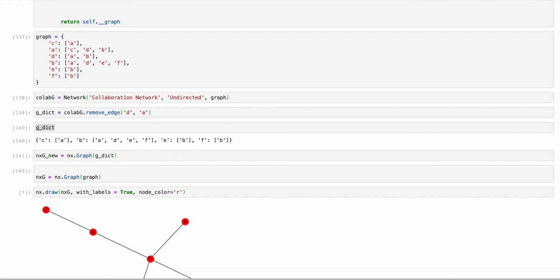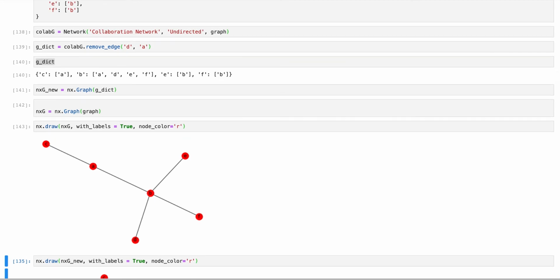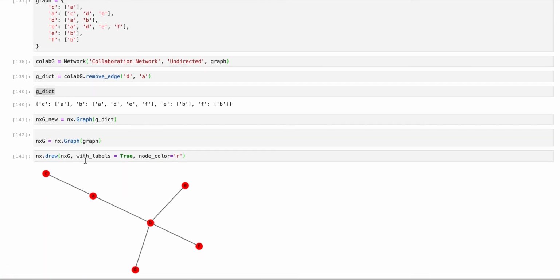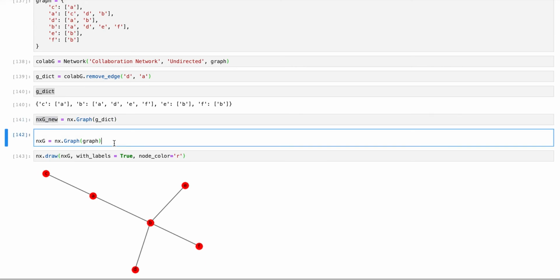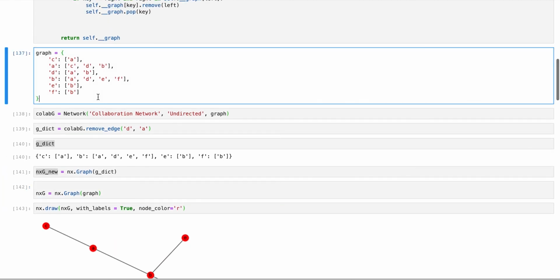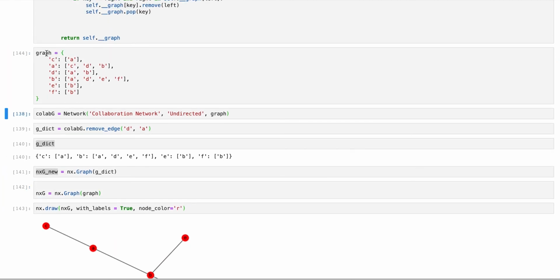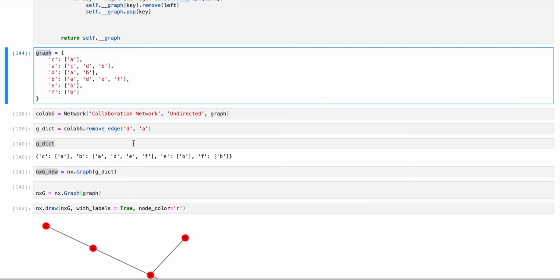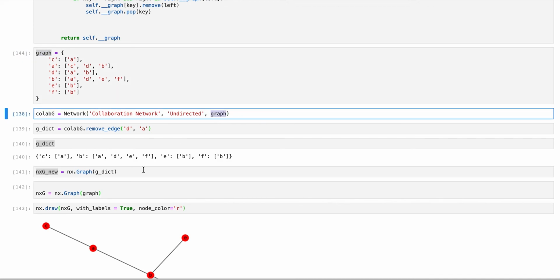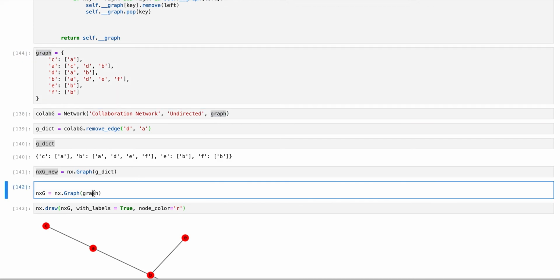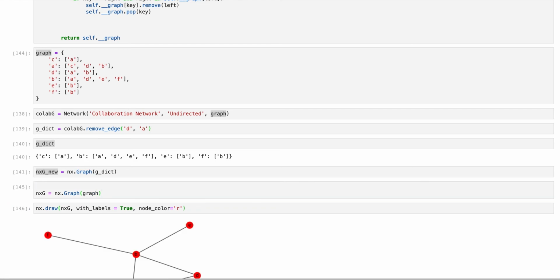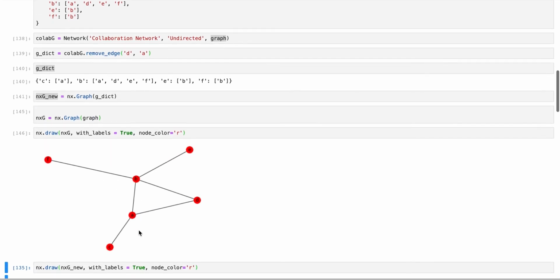And this is the old one. This is the old graph. Let me run this one more time. I want to make sure that I construct a NetworkX object with the graph right here. Okay, this is the original